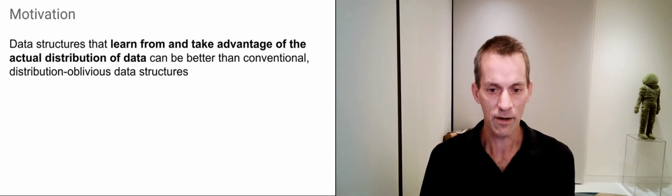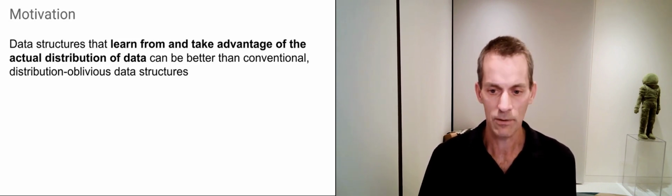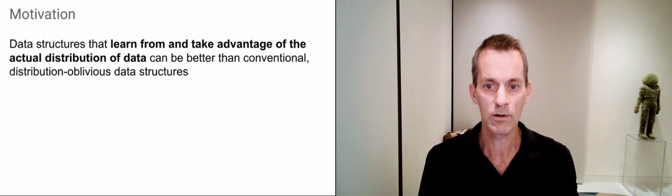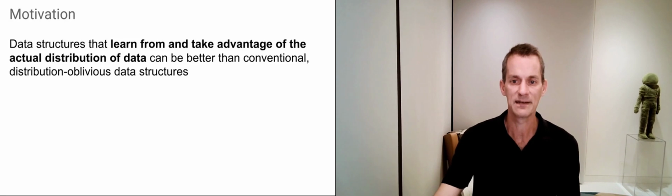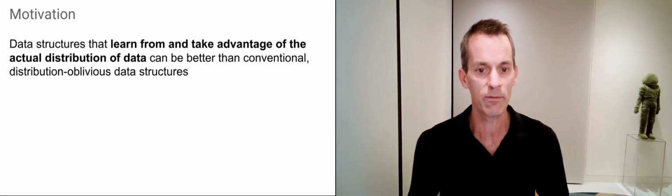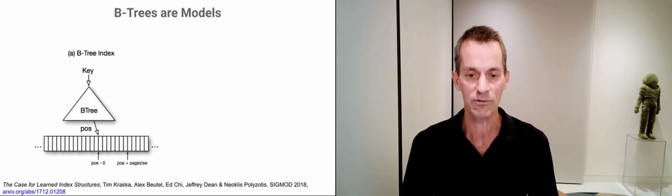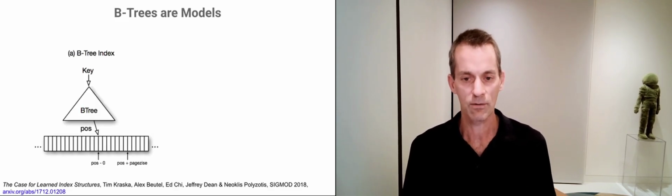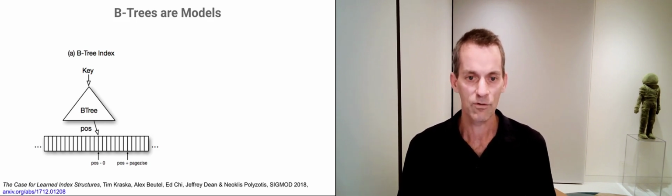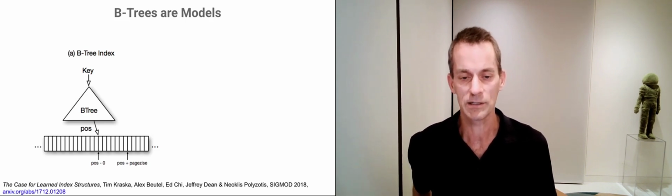Learned index structures is another interesting area where machine learning can be used to improve computer systems. This is work where data structures that can learn from and take advantage of the actual distribution of data can be better than conventional distribution-oblivious data structures. So algorithms like B-trees and so on don't have any knowledge of the distribution of the data in the system. Whereas if we actually know the distribution because we are learning as we go, we can do